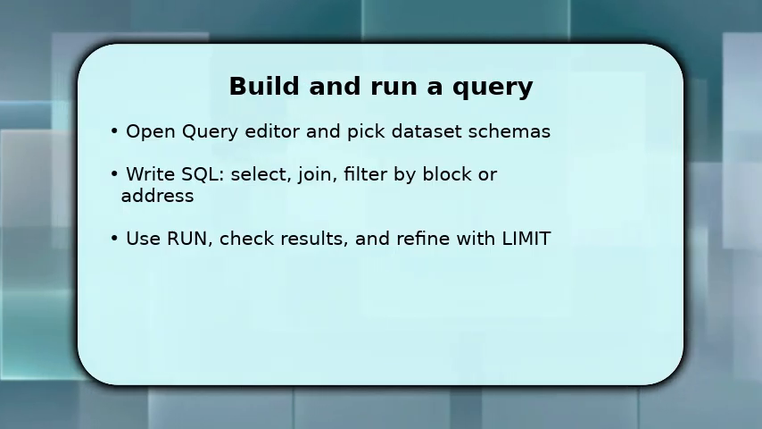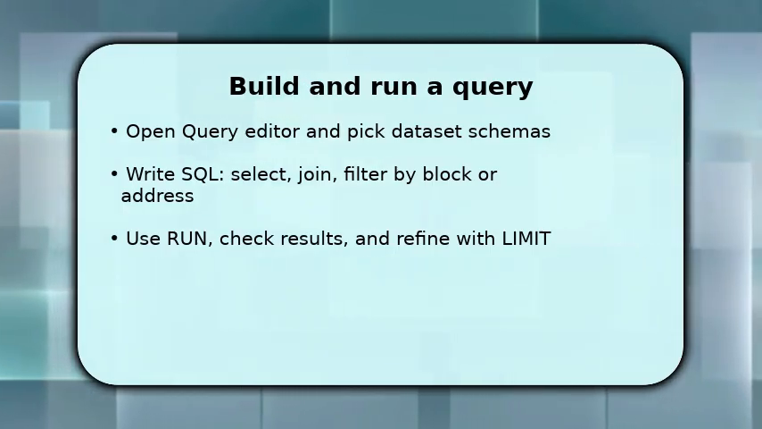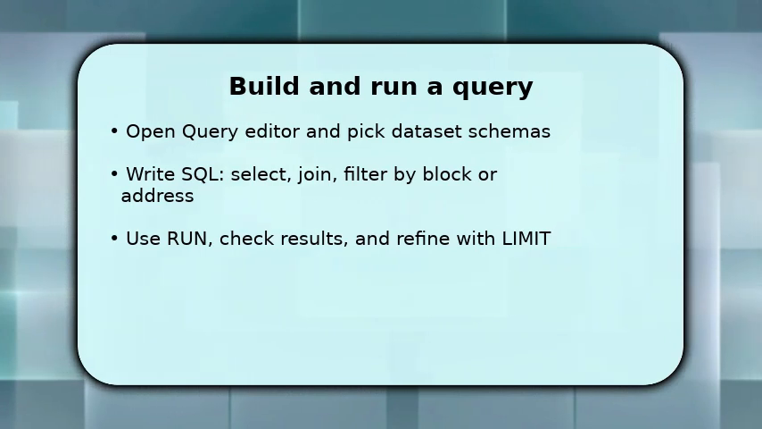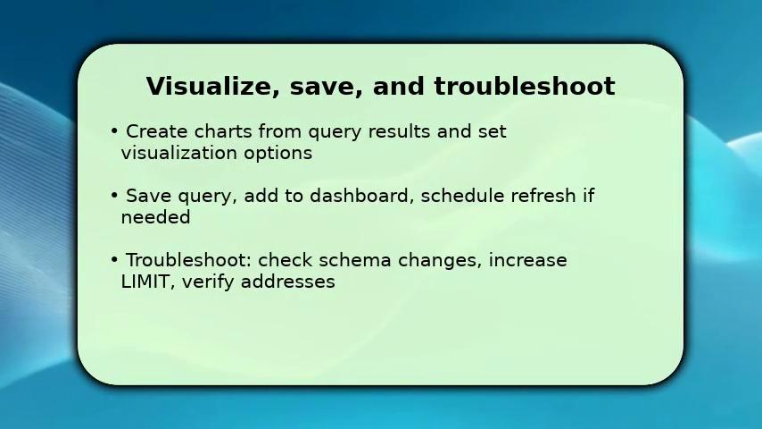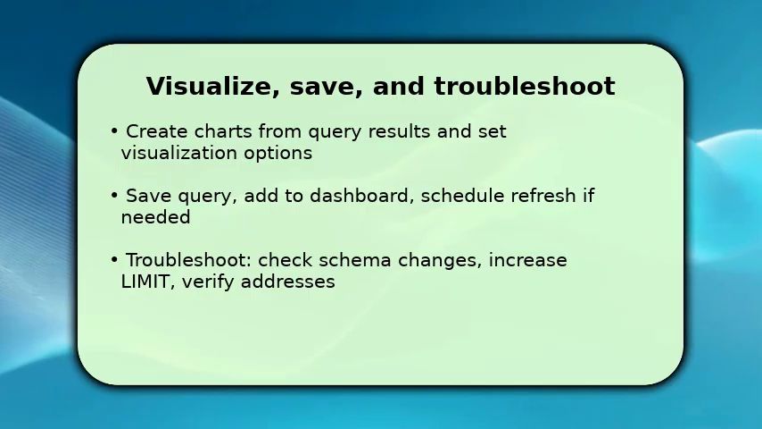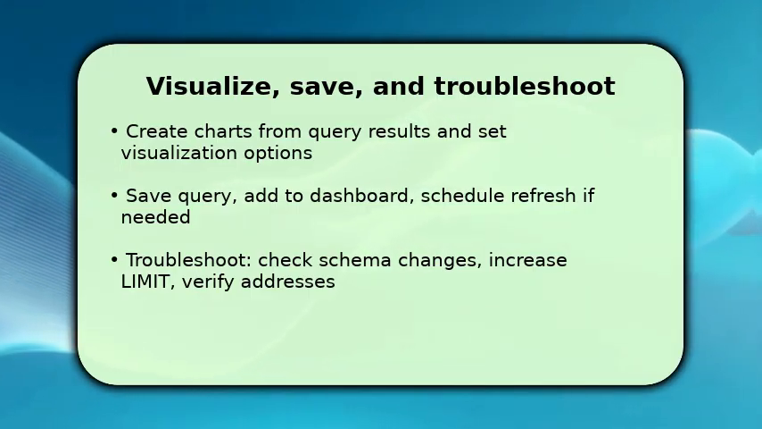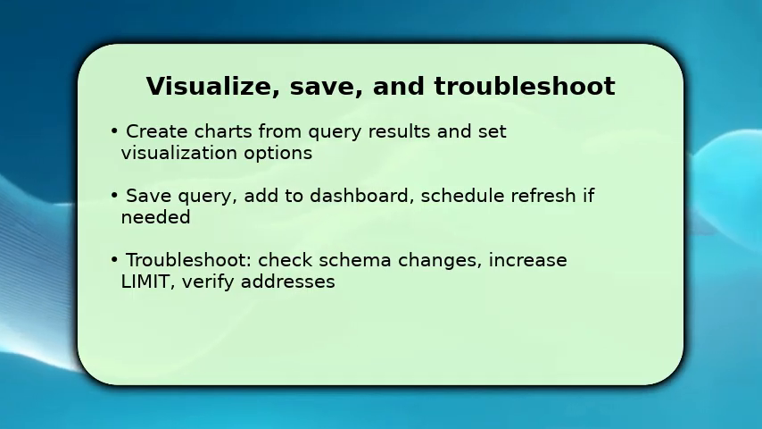After you get the raw output, refine aggregations and group by clauses so the data reflects the metrics you want. Finish by transforming results into visuals. Pick a chart type, map columns to axes, and adjust time bins or scales for clarity. Once satisfied, save the query and add it to a dashboard and set an automatic refresh if you need up-to-date